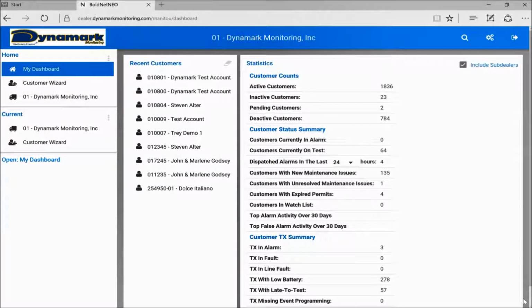We are going to do a demo on how to set up a new account using a test account. So when you get online with us, we create a list of test accounts for you, is what we call them. They're basically account numbers available for you to use when you install a new customer. And those test accounts are going to be found in the inactive customers list. So if we, on the dashboard, select that,